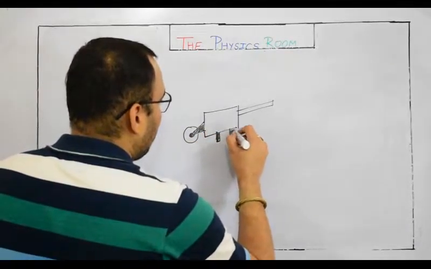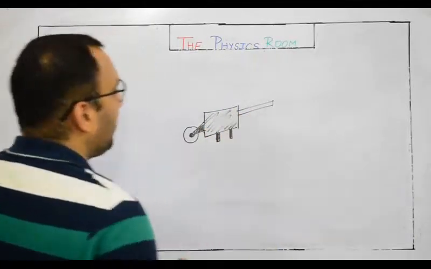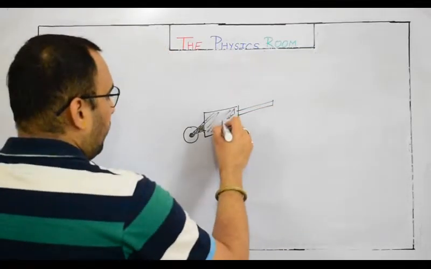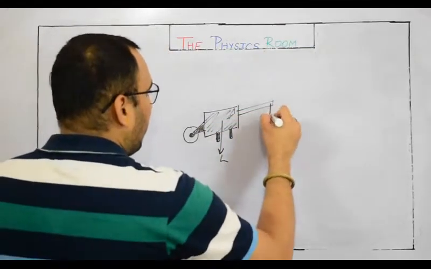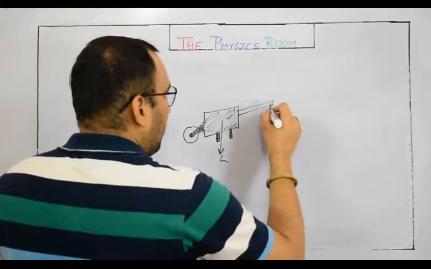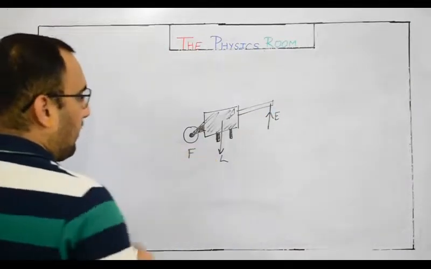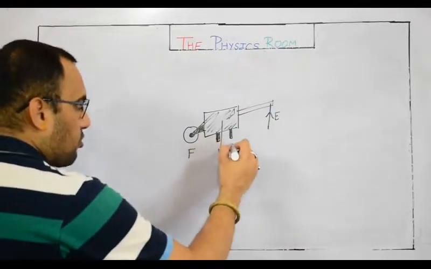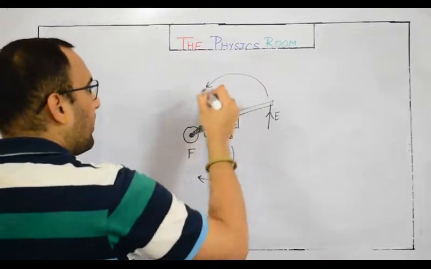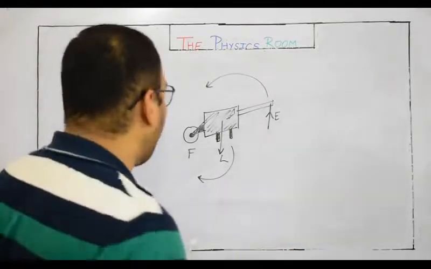The stand and the dumping box and the handle. Okay, so basically the load is lying here. We are applying effort to lift it up, and we have to apply effort in the upward direction, and this is the fulcrum. You can see the load is trying to rotate it in the clockwise direction and the effort is trying to rotate it in the anti-clockwise direction. Simply it will follow the principle of moments in equilibrium condition.